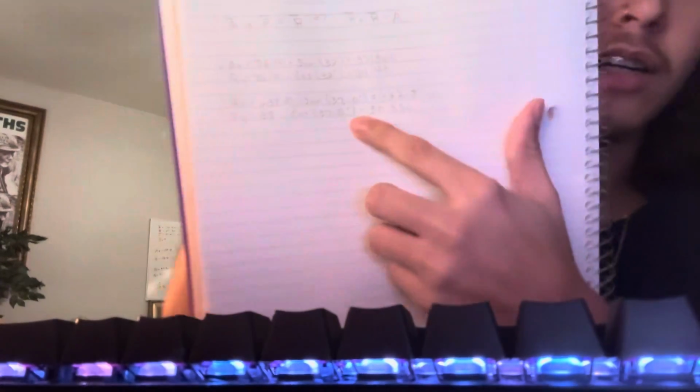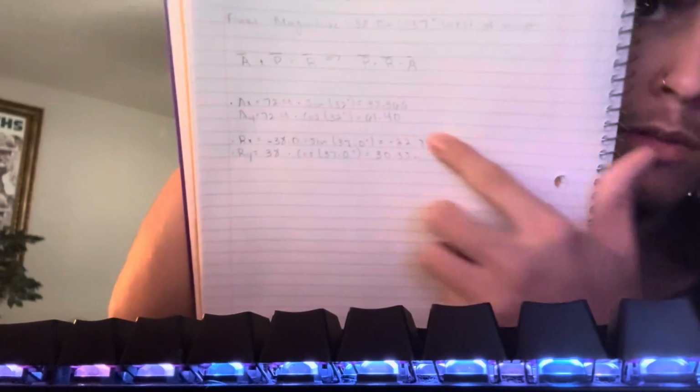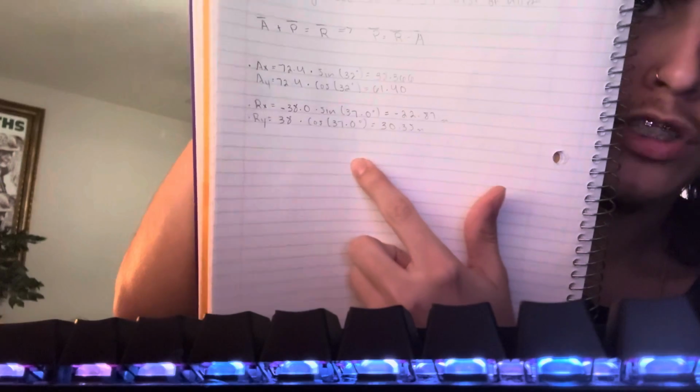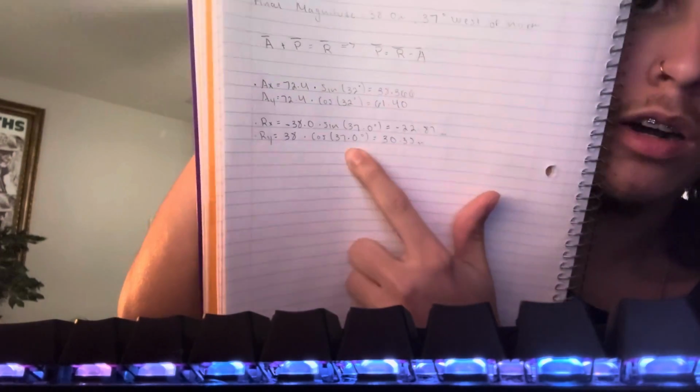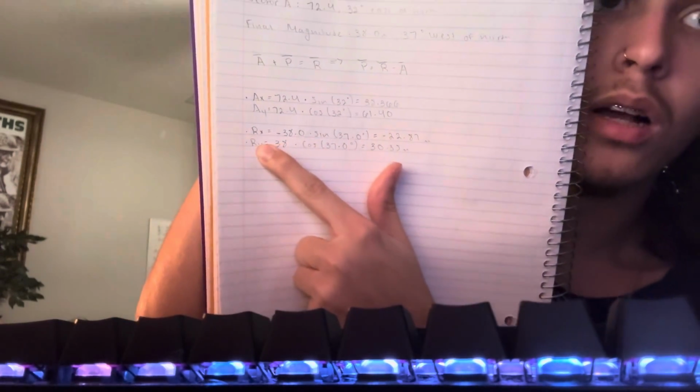So for our x and y components of A, we have them written down here. And then we just found our x and y components for R, which is the total vector displacement with vectors A and P. So we know that the vector P is equal to the R vector minus vector A. So what we can do to find the x and y components for vector P, we can do